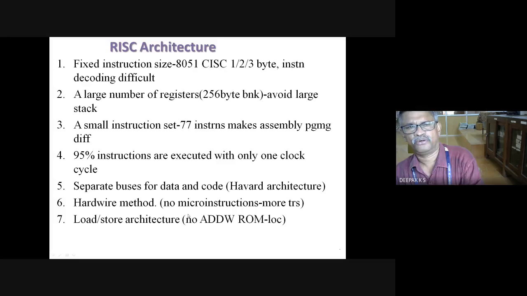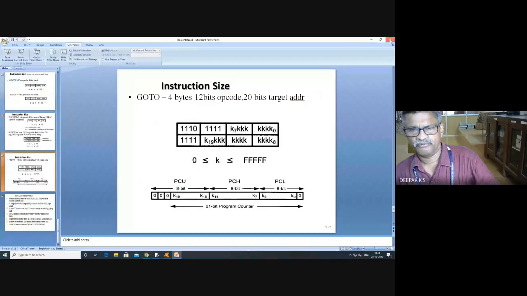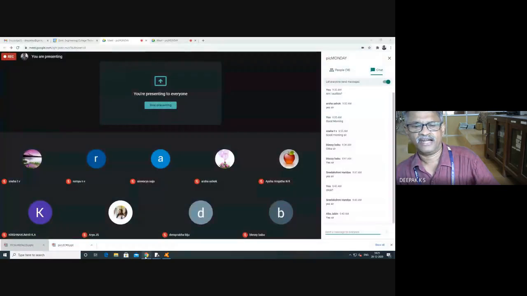So for the time being, you note that we have a lot of instructions, and all these instructions are mostly 2 byte, and